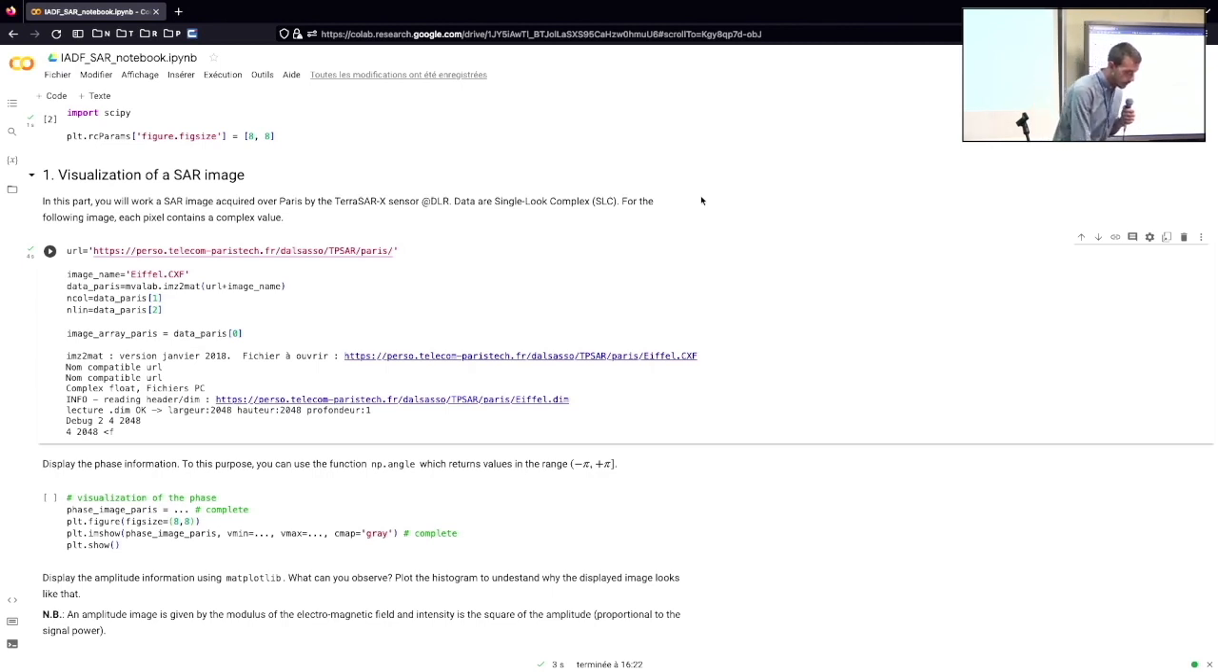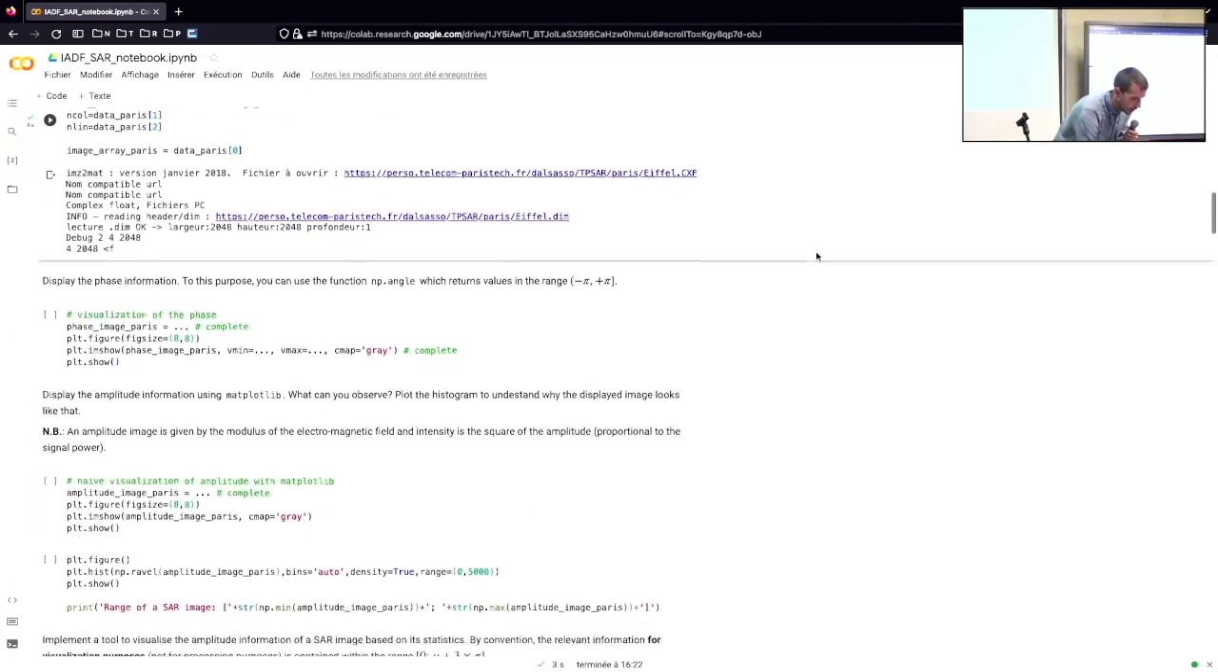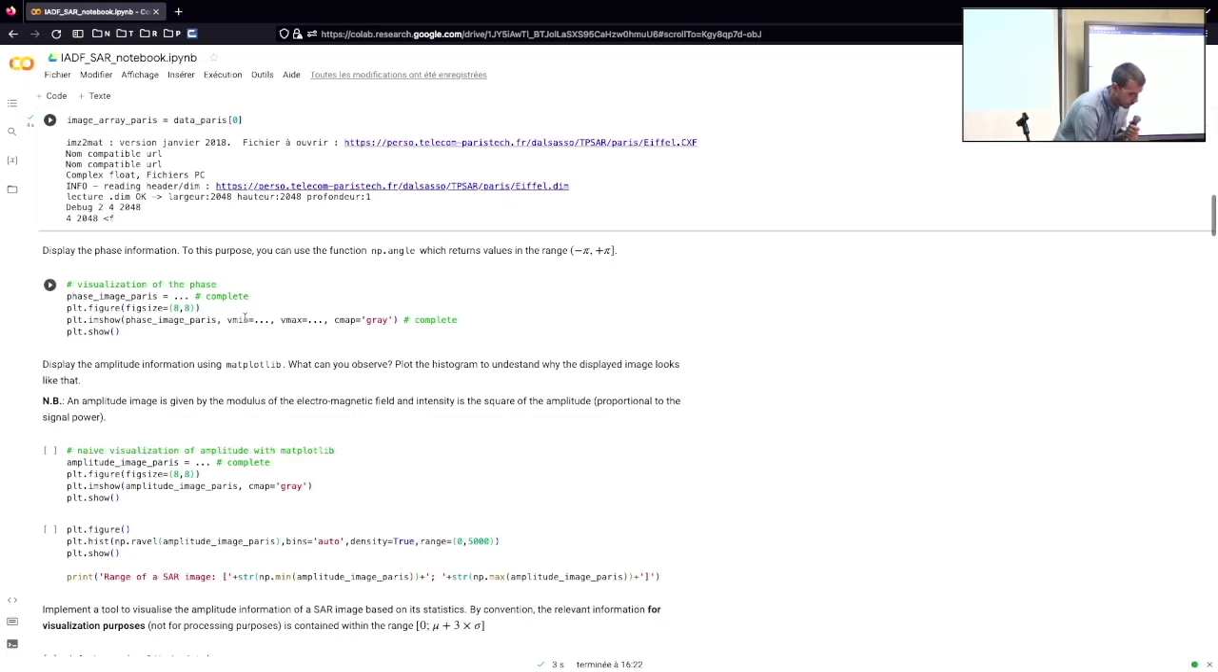So in this case, in each pixel, you have a complex value. So the image is a bidimensional array where in each pixel you have a complex value, which encodes the real part and the imaginary part of a SAR image. So first of all, we can visualize the phase information of a single look complex SAR image. To visualize the phase,